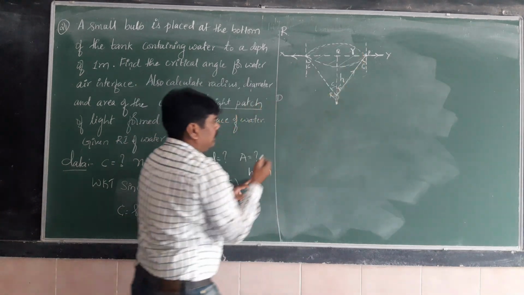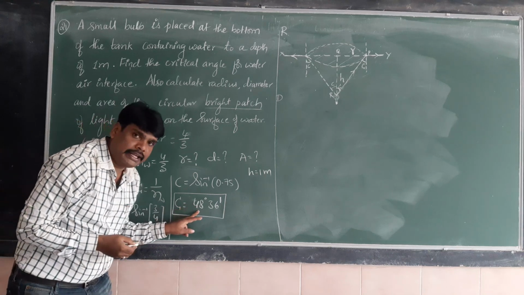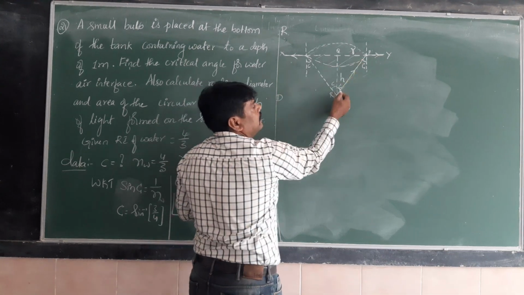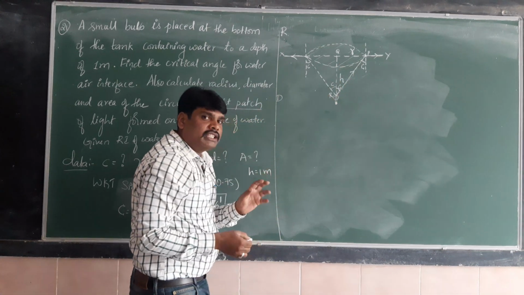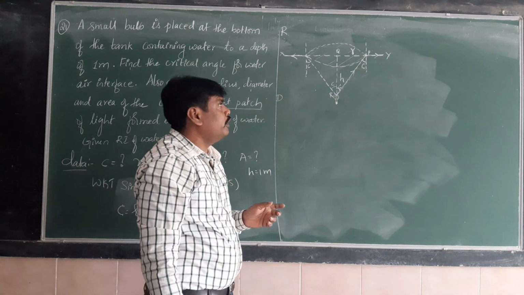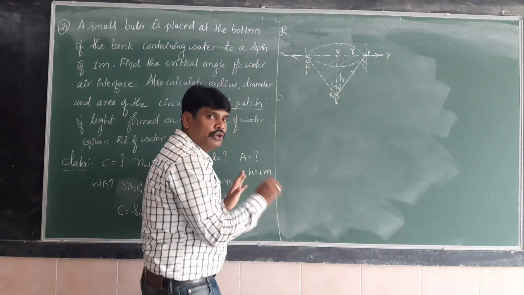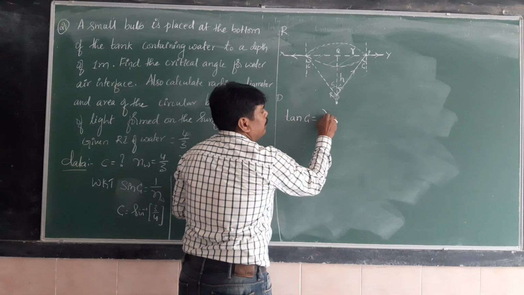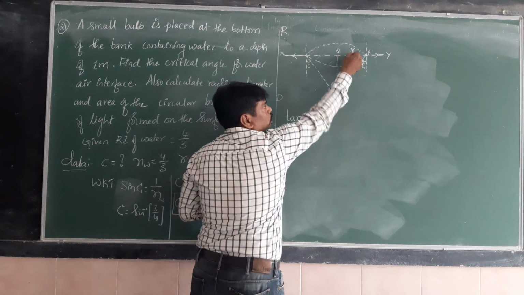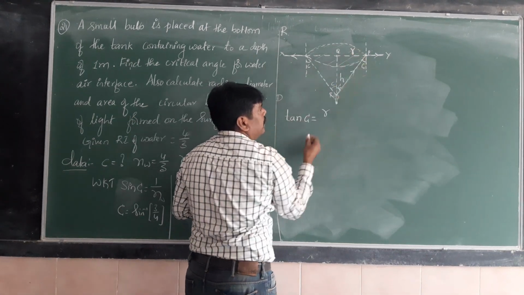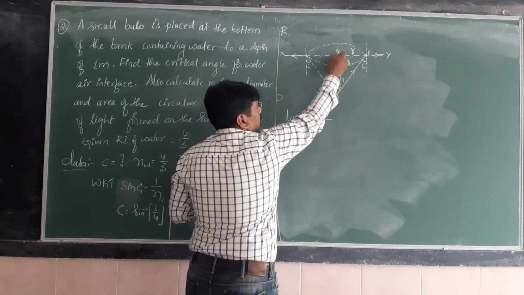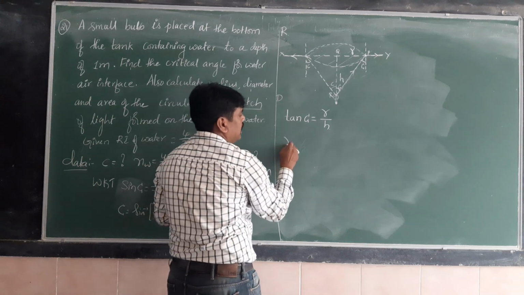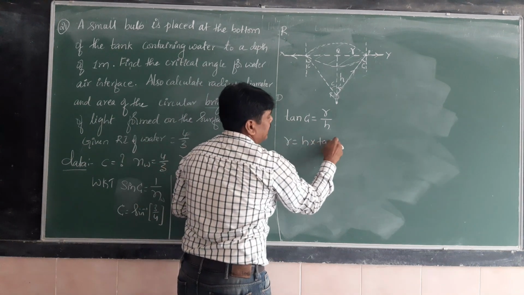We know the critical angle value. What is the value of critical angle? 48 degree 36 minutes. To find this value, you can use the trigonometric rule, opposite side and adjacent side. So which trigonometric rule gives the relation between opposite side and adjacent side? You are familiar with that. So we have to take tan C is equal to opposite side. For this angle, opposite side is R, in this right angle triangle PQR, divided by this one, height h, because height is adjacent side. So R is equal to h into tan C.